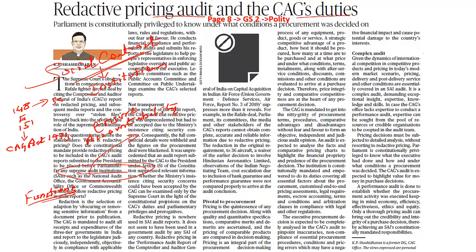But what this article currently goes about speaking is, it speaks about one of the concepts called redaction. So what is this redaction? As we initially discussed, the CAG will have to ideally make sure whether the government is doing a particular program or a function in an effective way. It looks at the economy and the scale of it. It looks whether the executive is working according to financial rules laid by the legislature. So it has to make sure all these minute details are collected, worked about and presented to the legislature.